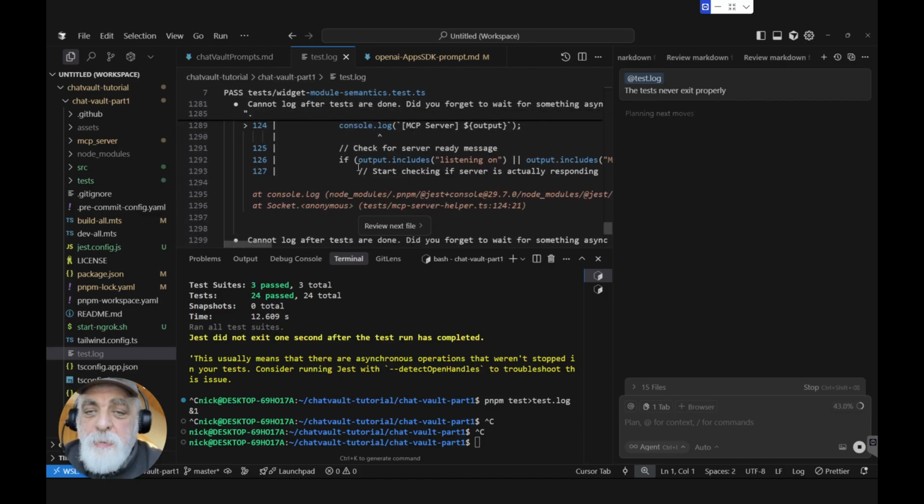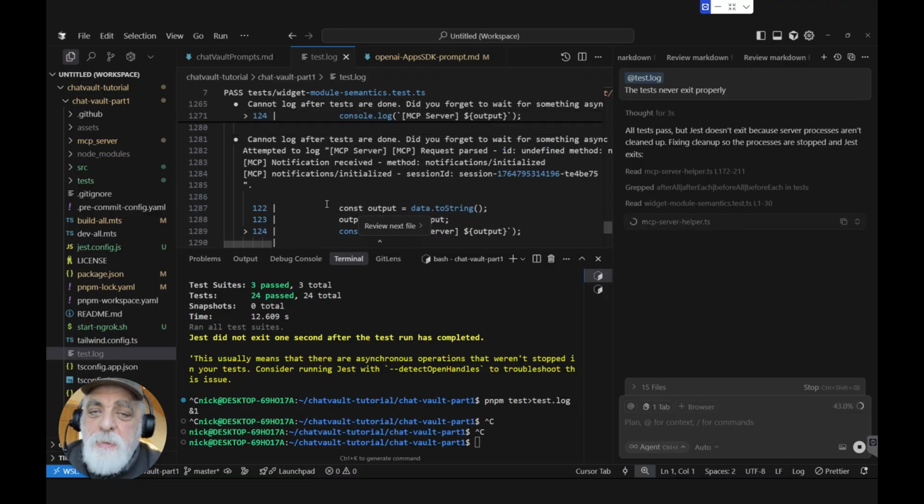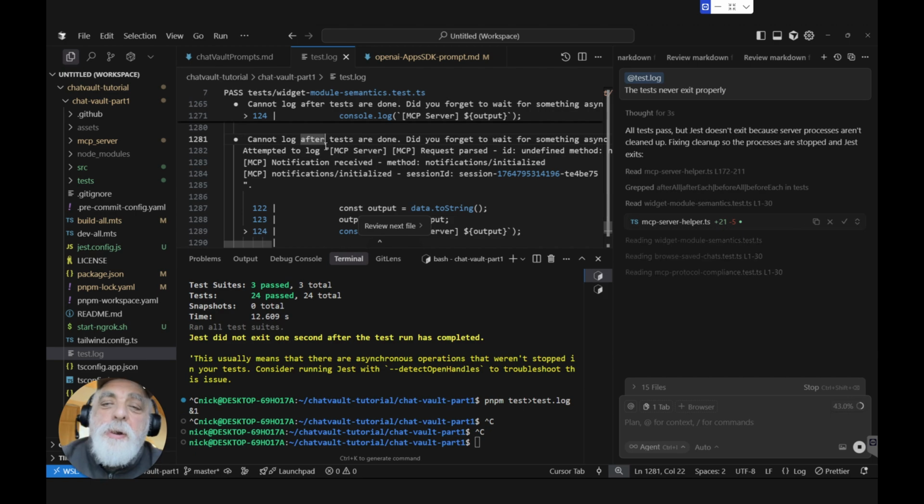So what about all those errors? Oh, because it has to wait for the logging to be completed. But